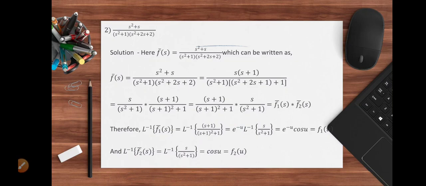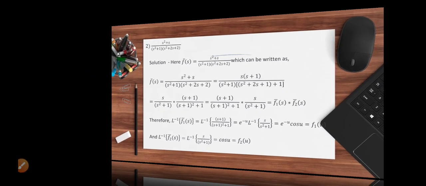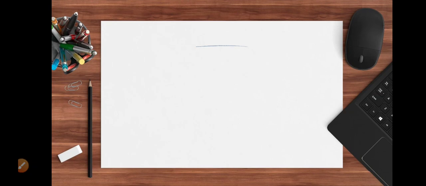Now the last step is to apply the convolution theorem. So here you have to write this general statement by convolution theorem. Remember, some of the examiners allot 1 mark to write this result. So after writing the result and replacing f1 and f2 by their corresponding functions, we get this step.